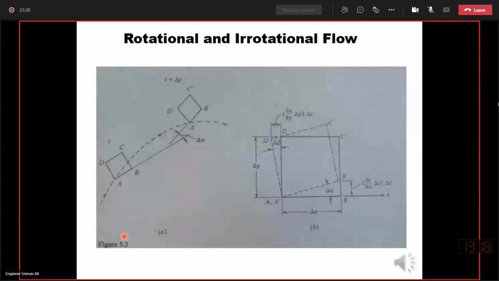And then finally, in the first lecture, we defined circulation and vorticity. Circulation was defined as a line integral of the velocity about the closed path, and vorticity was defined as the circulation per unit enclosed area. This is what we discussed in the first lecture, partly in the second lecture. Then in continuation of this, we completed this topic in the second week.